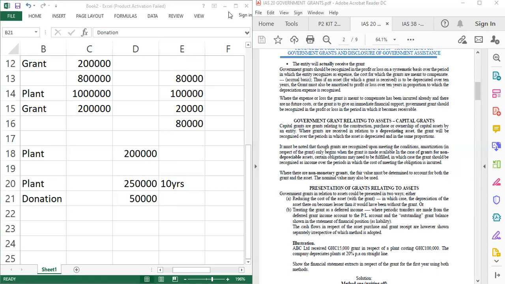Yeah, as Joyce said, you less the 50,000 from the 250,000, and you depreciate the 200,000 over 10 years. So that you take 20,000 to P&L. And the 50,000 donation, since the standard is saying we don't consider donations as part of government grants, it can be added to the owner's equity. That is only if it is the owners that are giving the donation. This one is a government. It's government that is giving the donation.